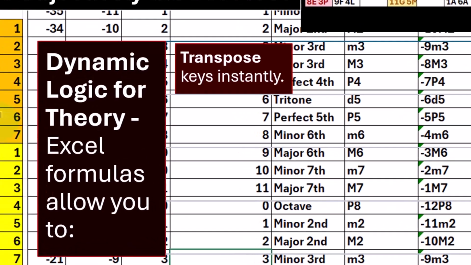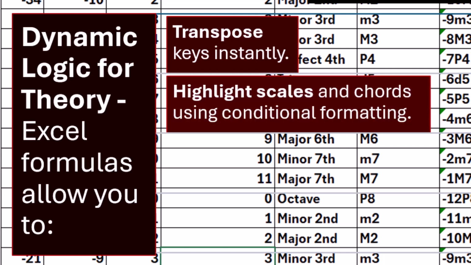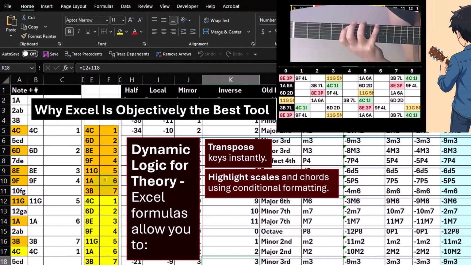Dynamic logic for theory. Excel formulas allow you to transpose keys instantly, highlight scales and chords using conditional formatting. Note that a lot of people don't have as much experience with formulas in Excel. So if you're learning Excel, and if I've convinced you that having tables in Excel is useful, which I think is just really clear, then